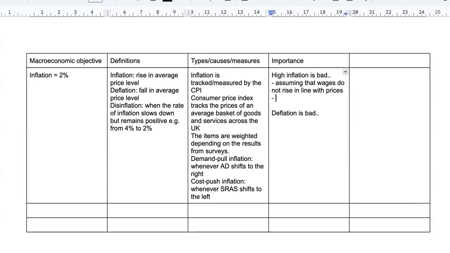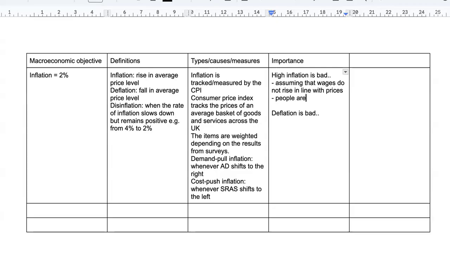So what was your point? Would it discourage people to borrow and lend? Not really, maybe, but let's not overcomplicate it yet because we're going to come back to that stuff when we do interest rates. Let's go back to your original point about cost of living. So that was fine. So assuming that wages do not rise in line with prices,